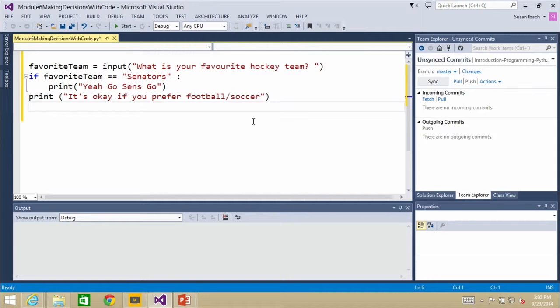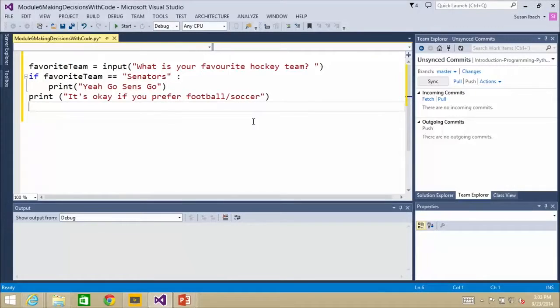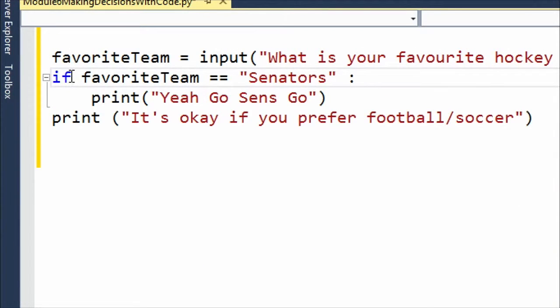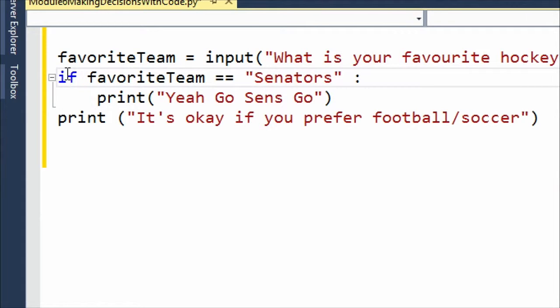Now, real quick, just to answer the question in the chat window, if we bring the code back up, right there, you've got if favorite team. By the way, you've got a small inconsistency. You said favorite on the display, but favorite on your variable name without the U. Okay. But in any event, just to answer the question, the double equals, that's checking equality there.